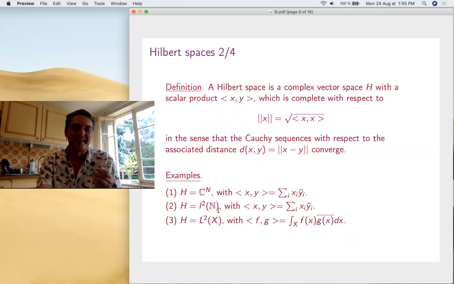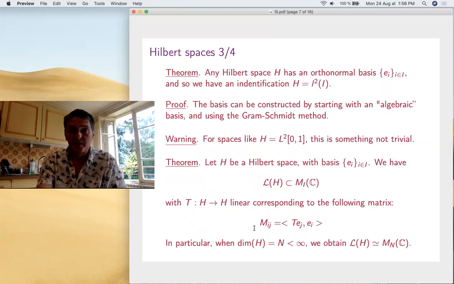And if you take volume, you can take an infinite space as well as a counting measure. You get the second example, so that's the most general example somehow. Now, what can be done with these Hilbert spaces? The first thing is that you can construct an orthonormal basis. Why? Because you start with an arbitrary basis, which is not an orthonormal one, and then you can do Gram-Schmidt, I mean, orthogonalize the thing.